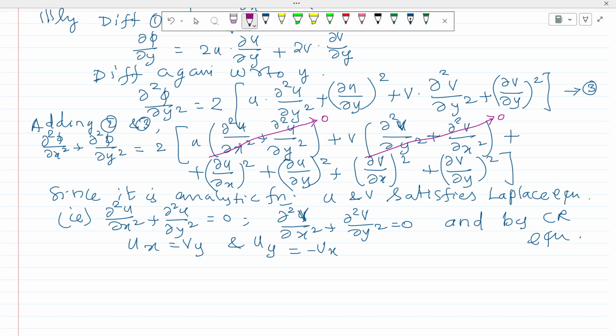So ∂²u/∂x² + ∂²u/∂y² = 0 and ∂²v/∂y² + ∂²v/∂x² = 0. The two things are 0. Remaining, everything you have to change in terms of u. So what do you get? Listen. So finally you will get